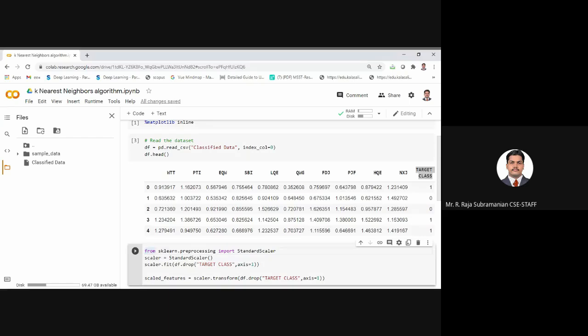So I take the scaler from the pre-processing package of sklearn and I apply the scaler object. I drop the target class. Can anyone clearly say why I'm dropping the target class? Yes, if within 5 seconds I don't get any reply, I'll say the answer. Continuous data. If I do pre-processing over it, surely the transformation will make it continuous because